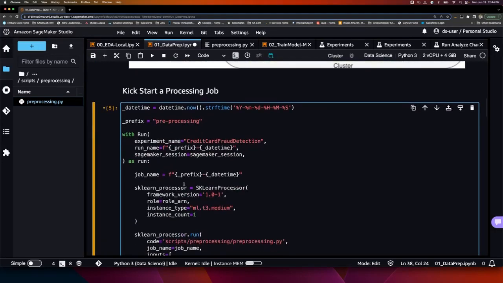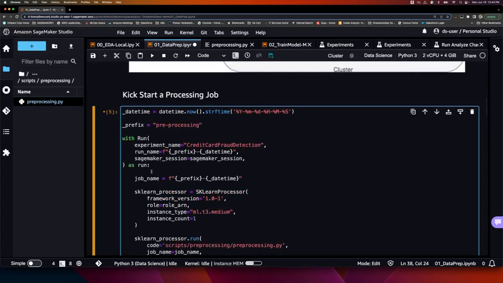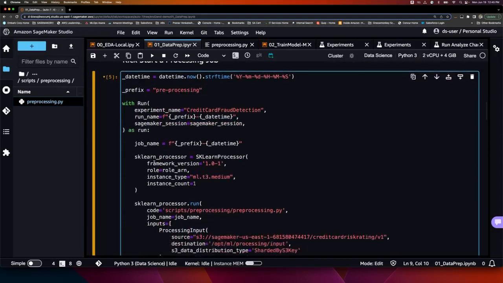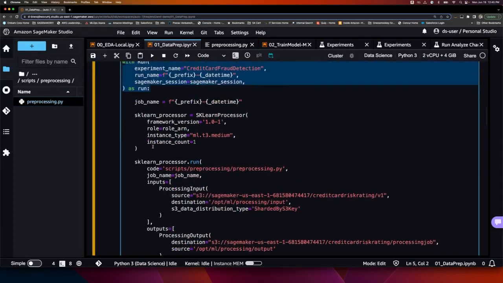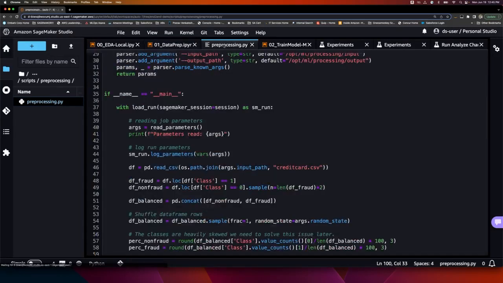Now, one more thing you may observe is I'm wrapping this entire execution with what is called an experiment run. SageMaker has an MLOps experimentation toolkit called SageMaker Experiments, where every experiment that a data science persona runs can be logged and tracked at scale. So how do you do that? I'll show you in a quick second where you can find your experiments. You can log your experiments into Amazon SageMaker Experiments with a run decorator,